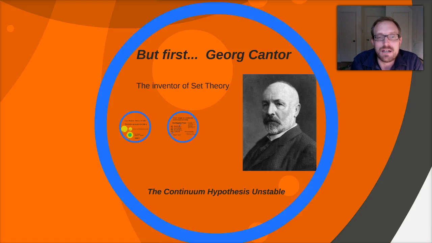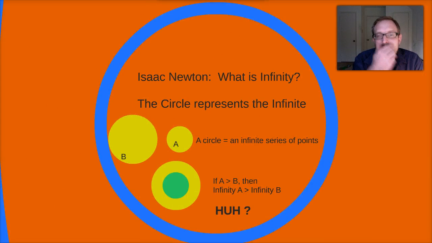we have to understand Cantor. Georg Cantor is essentially a German mathematician who lives really the generation prior to Frege. And he's the inventor of set theory, or what is sometimes referred to as naive set theory. Let me tell you a little bit about Georg Cantor, right? Ultimately, set theory refers to the language of the mathematics of infinity. Now, let's go back even further before Cantor and look at probably the most important person before Cantor to really think about the question of what exactly is infinity, right?